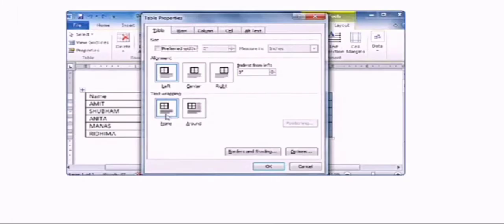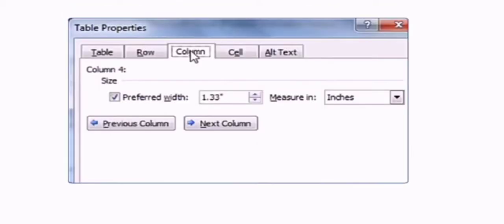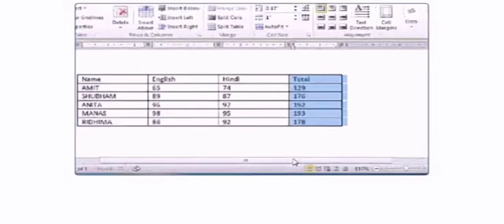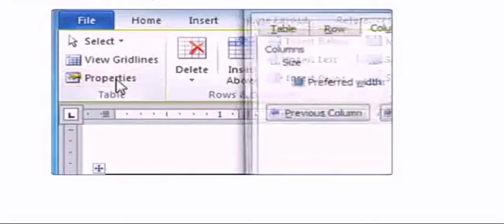Click on the Column tab. Select the Preferred width checkbox. Now increase or decrease the column width either by using the spin arrow or type in a specific value to set the width, and click OK. You can change the row height by selecting the Row tab in the Properties dialog box.